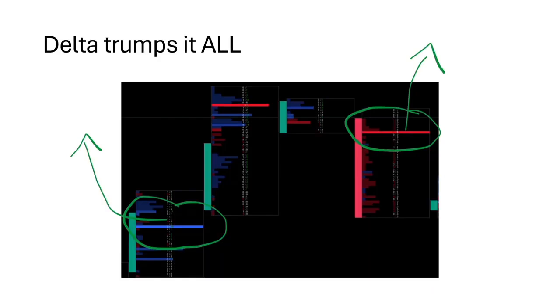We've understood the left number is the bid, the aggressive sellers. The right number is the ask, the aggressive buyers. Now, what you will see with a footprint chart